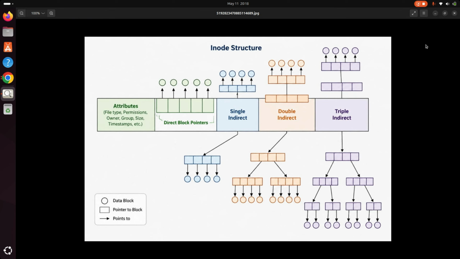In Unix and Linux operating system, every file is represented by a unique structure called an inode, short for index node. Inodes are special file system data structures that are generated when the file system is created. The number of available inodes defines the maximum number of files and directories the system can store. An inode stores important metadata about a file, including details such as file size,